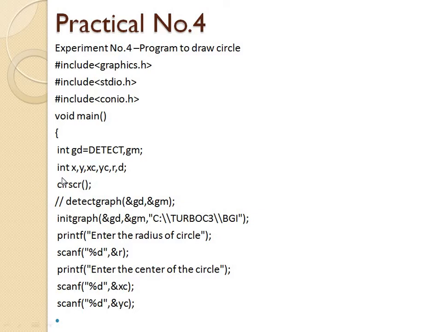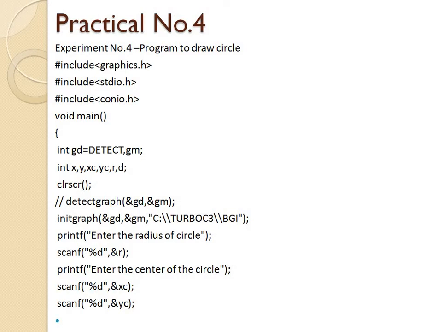Then we initialize the integer x and y coordinates: x, y, xc, yc, then r, which is the radius, and d, which is the decision value. Then the function clrscr, clear screen, is used to clear the output screen.